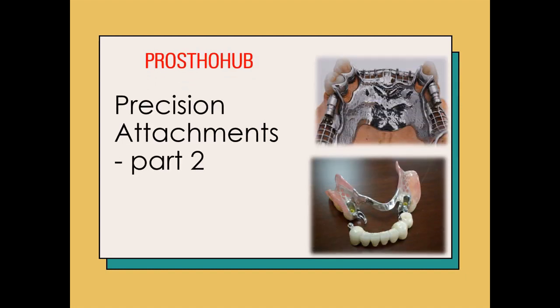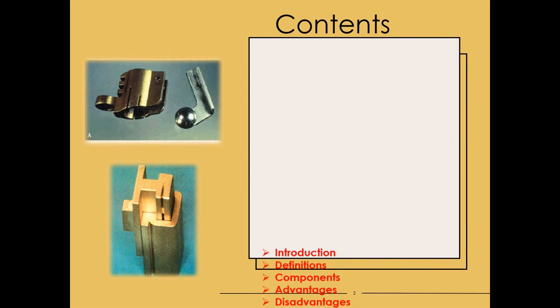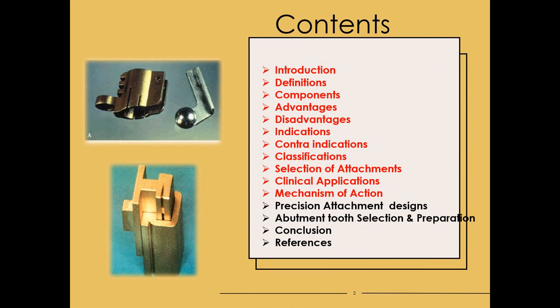Myself Dr. Jolsna, and coming to the second session of our current topic, precision attachments. In our previous session, we went through the definition, components, advantages, disadvantages, indications, contraindications, the important classification, and also the selection criteria of precision attachments, the clinical application of precision attachments in removable, fixed as well as overdentures, and their mechanism of action. In this section, we will be discussing some of the precision attachment designs and also the abutment tooth selection